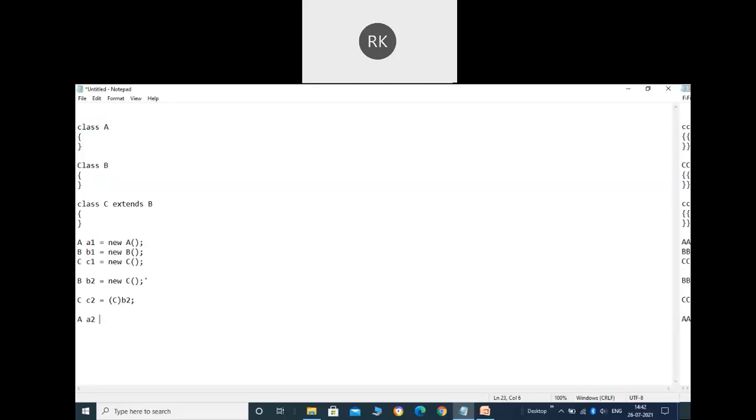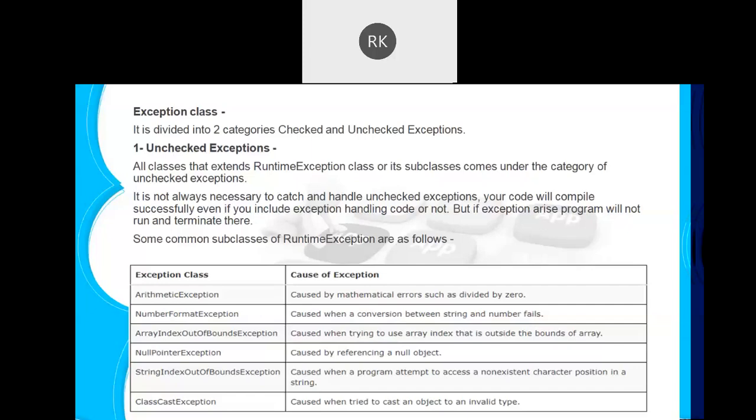So let's suppose I'm saying A2 equals to, and the object of B I'm having, B1. So here what I'm trying to do is convert an object of B class into A. You can see there is no relationship between A and B, so that can't happen here. In that case you can get a ClassCastException. However, the second last case can perfectly run here. We already know that. So in such a case we can have the ClassCastException.